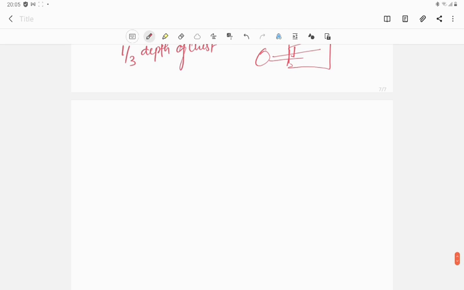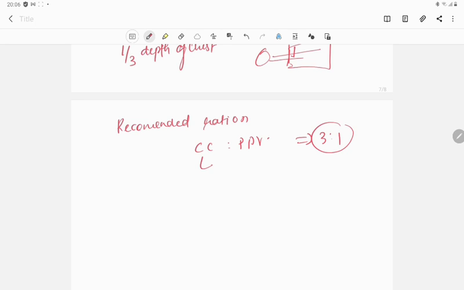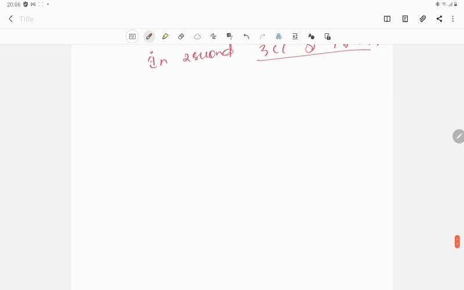And what else? Recommended ratio of chest compression to PPV, it is 3:1, right? 3 chest compressions and 1 PPV. In 2 seconds you will do 3 chest compressions and 1 breath. This is how I do it, right? Alright,